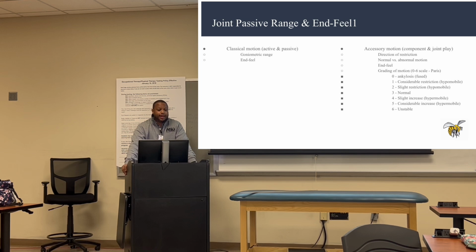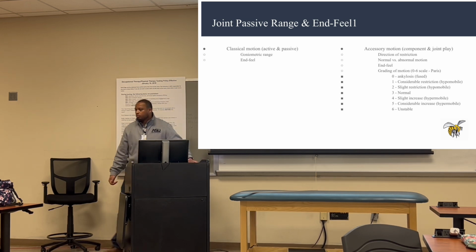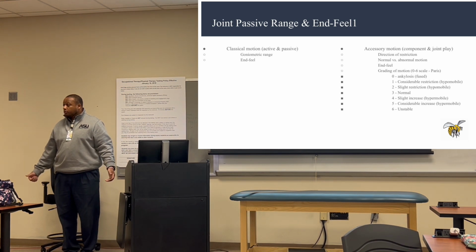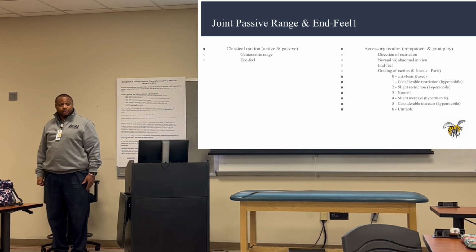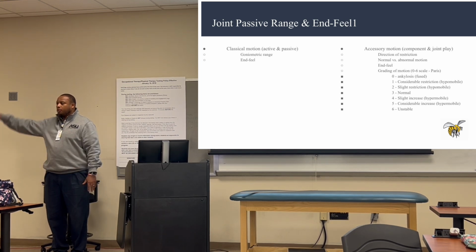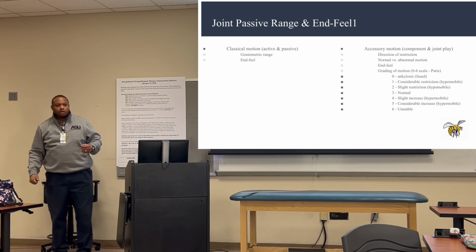Okay, so we got classical motion, right? Active and passive range of motion, which are classical motion. How can accessory motion, such as a component motion, impact classical motion? So I perform glenohumeral coronal abduction of my right shoulder joint complex. Of course, we know it takes muscle strength to do that. So say I don't have any impairments with my muscles. My muscles are not weak; they're strong. I can get abduction, but